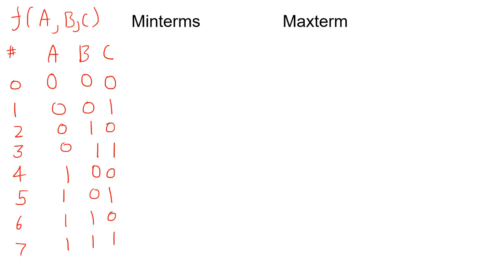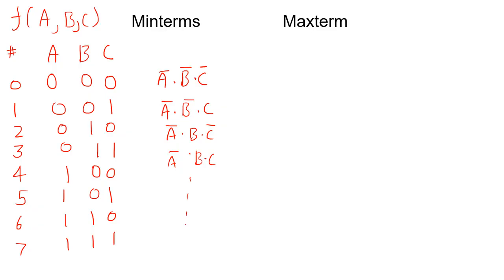Now if I write the minterm for the corresponding inputs, you already know: if 0 is there then it's a complemented value, if 1 is there then it's a normal value, and it will be in the dot form. So it will be a bar dot b bar dot c bar. Then for this, it will be a bar dot b bar dot c. For this, it will be a bar dot b dot c bar. Similarly you can write for others as well, a bar dot b dot c, and so on.